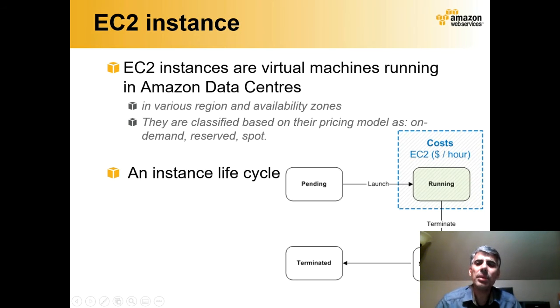So a little bit about the life cycle of a VM. Once you instantiate a VM from a VM image, what is so-called an AMI, Amazon Machine Image, which is nothing but a virtual machine image, your VM is first in the pending state. It takes a while, around a minute, sometimes less, sometimes more, to boot up. Once that is booted up, your instance is launched and it is in the running state.